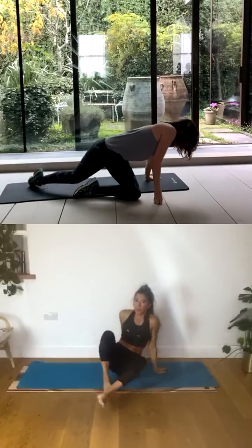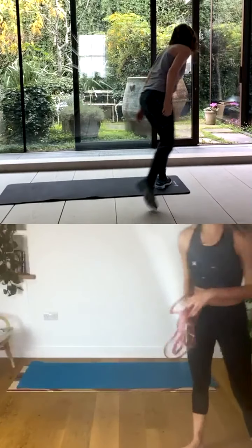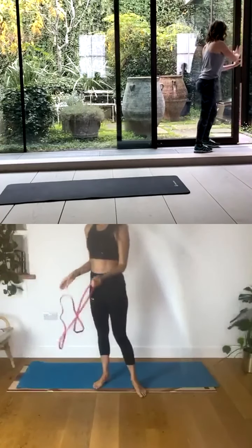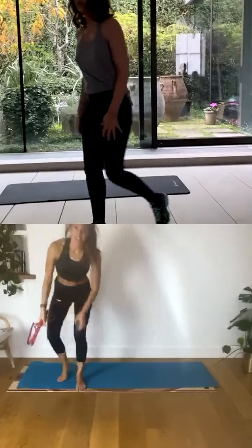If you do have a belt or something that you can hook around your foot, just grab it because it will make stretching a little easier. You've done a really tough workout, so now it's time to relax and stretch out all the muscles and release all those happy